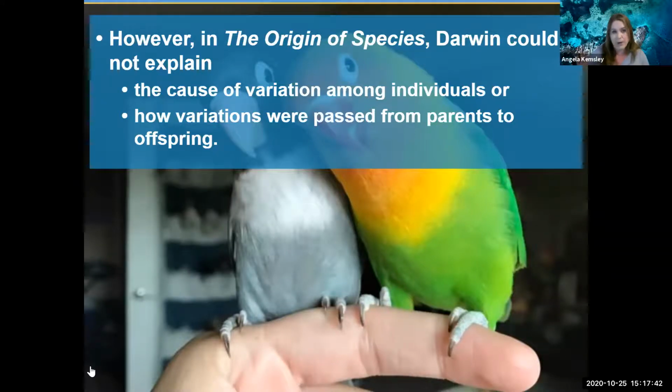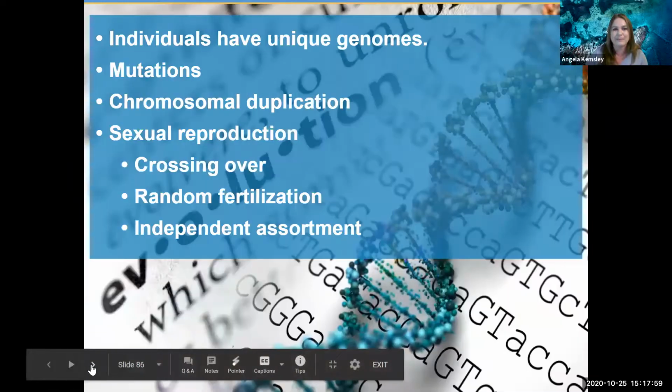Remember that Darwin was operating before Gregor Mendel did his experiment with the peas. So it was Gregor Mendel who really explained that process of heredity. And so Darwin knew it was happening, but he didn't know how. So he was able to explain, like, oh, this is happening somehow. And then Gregor Mendel came in later and explained how that was happening.